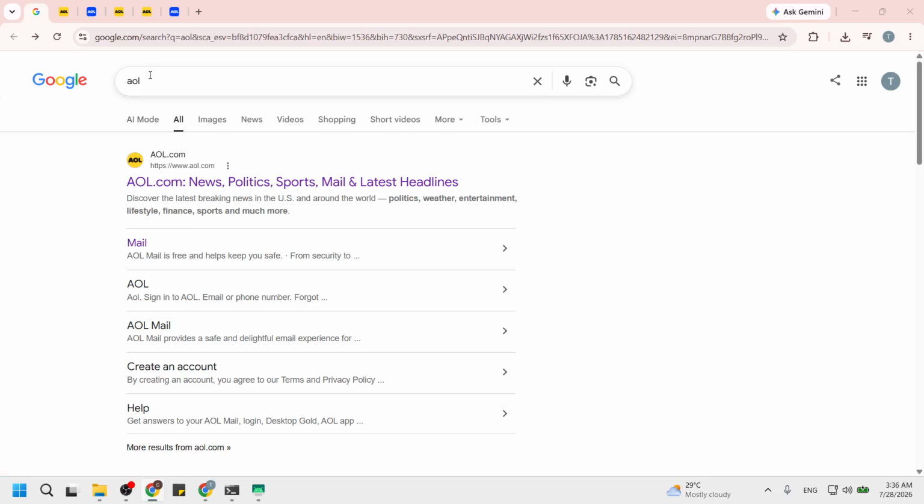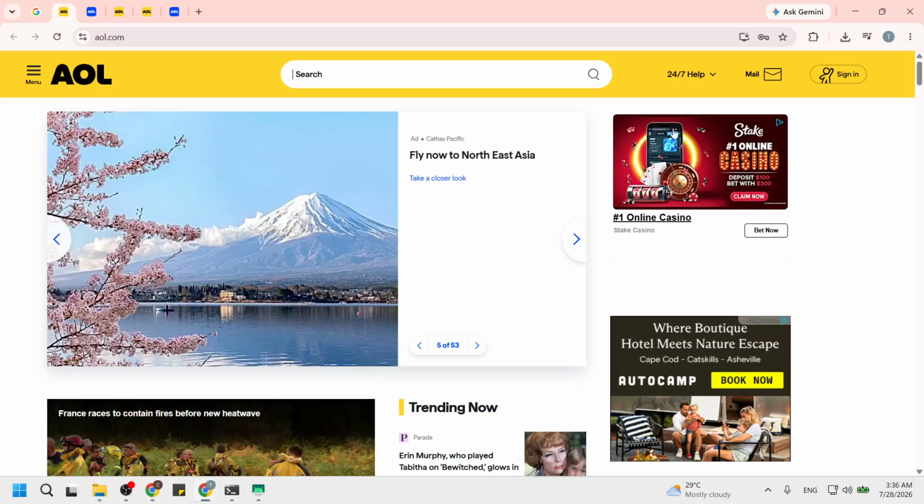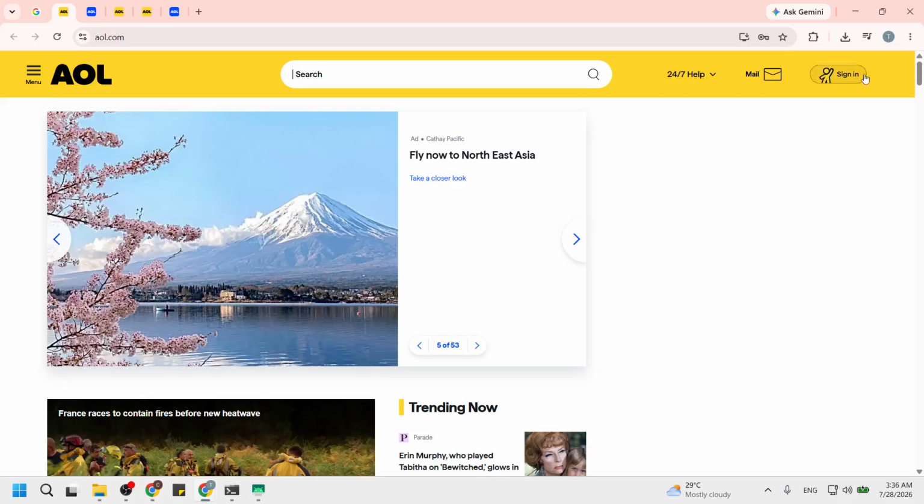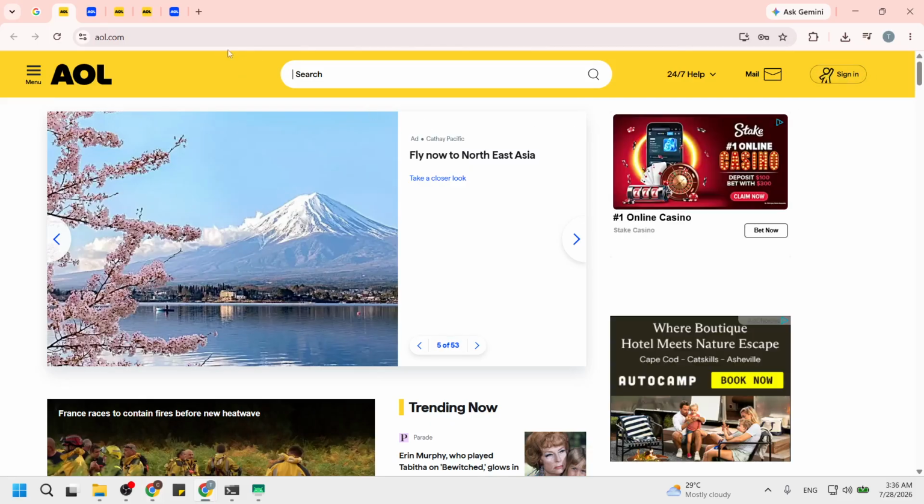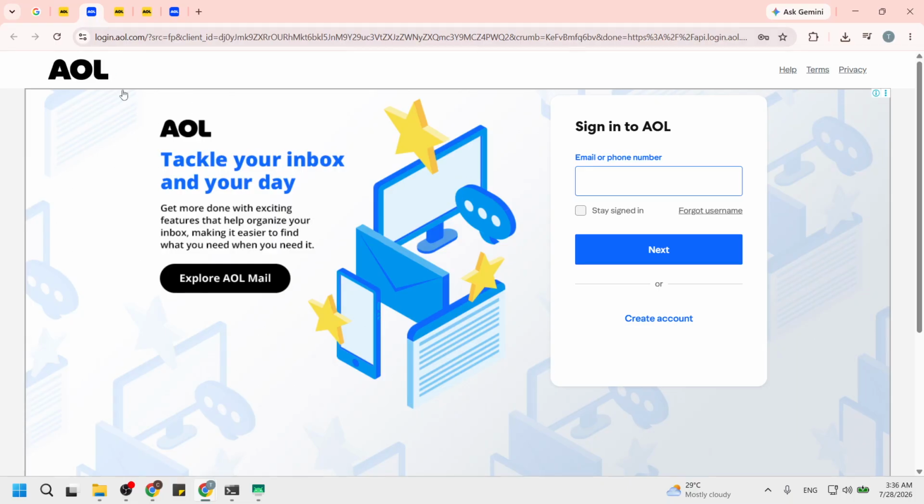a random site. Once you see it, click the correct link and then click Sign In. The Sign In button is usually in the upper right corner of the AOL page. After you click it, the Sign In screen will appear where you can enter your AOL username and your password. When you finish signing in, you will land in your AOL mail area and you should see your inbox and